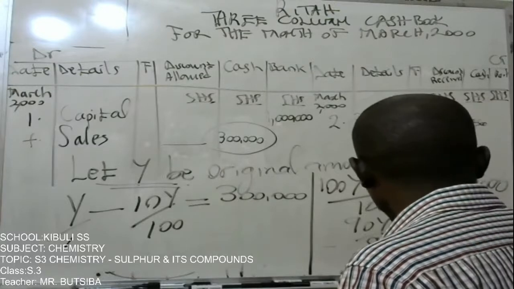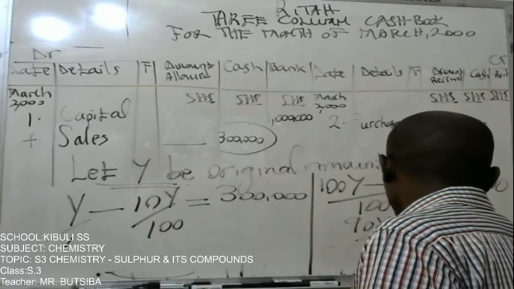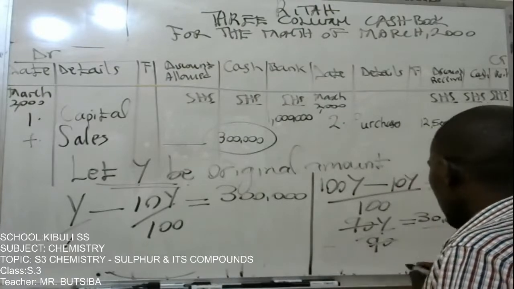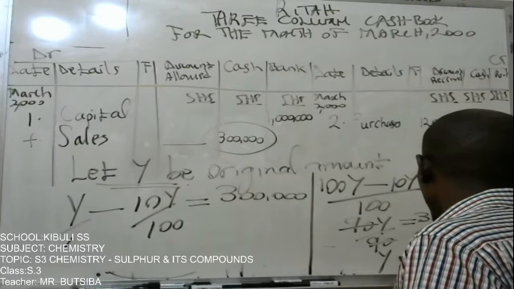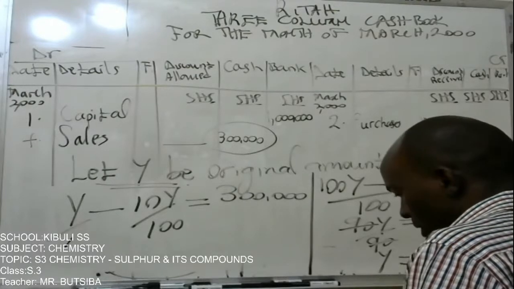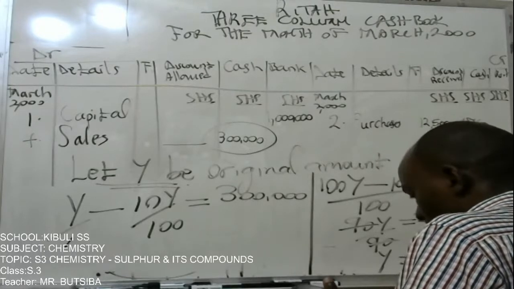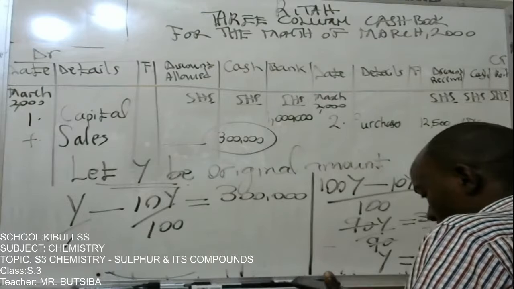We are investigating the original amount so that we get the actual discount. So this one dies off, and then you remain with your Y, which equals 300. Remember, we got 3, 3, 3,